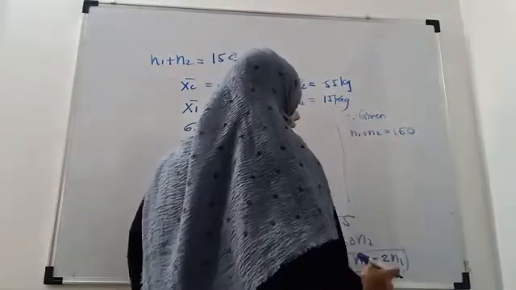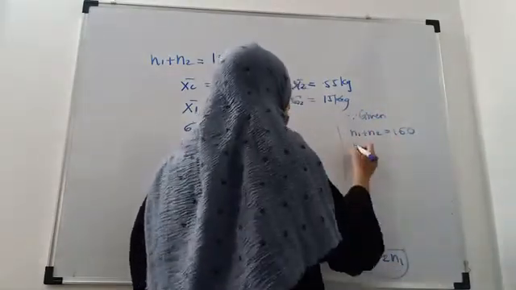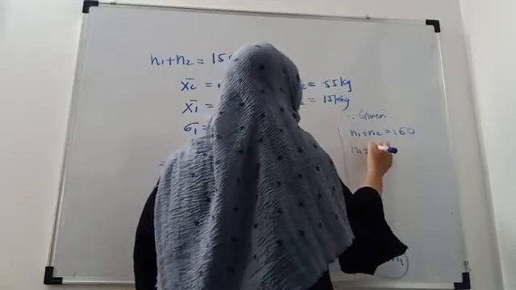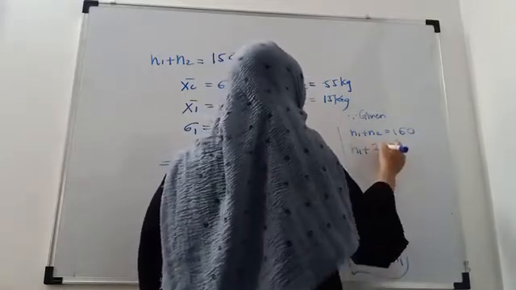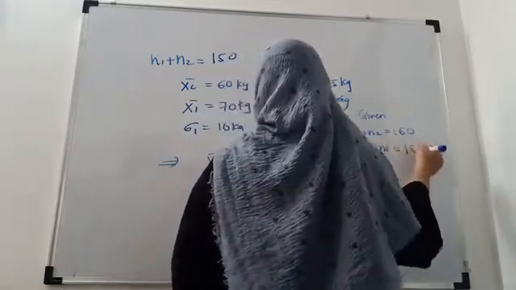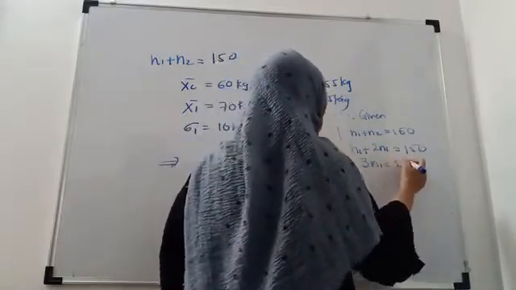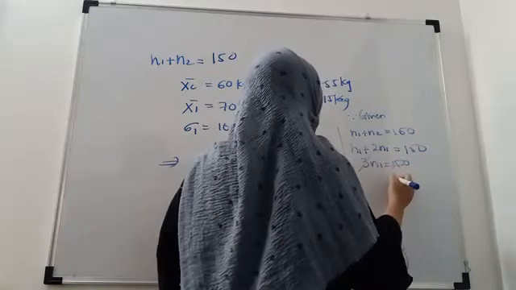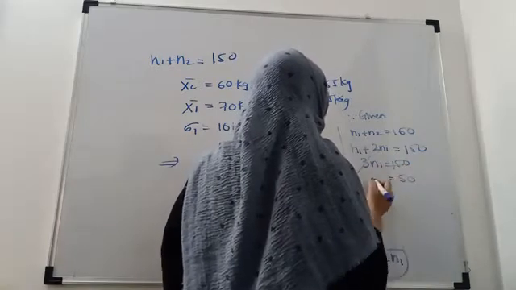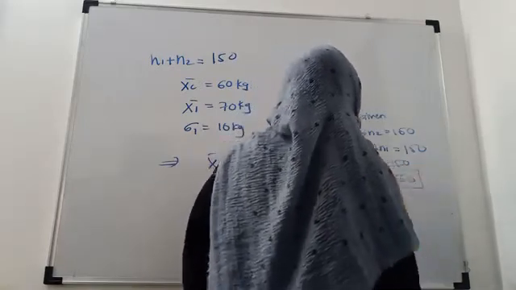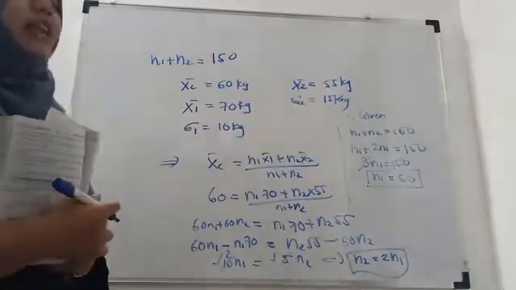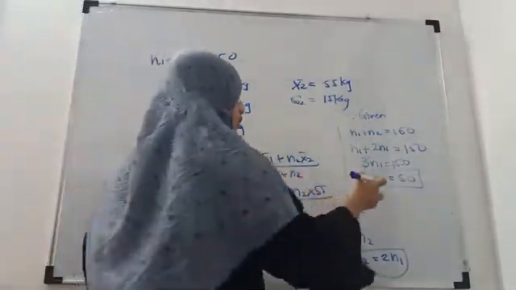So therefore n1 n2 is what? 2 times n1. Okay, so n1 as it is, instead of n2 we will substitute 2 times n1, which is equal to 150. That is n1 plus 2 times n1 is 3 n1, which is equal to 150. So 3 fives are 150, so n1 is 50. So we have got the number of boys is 50.